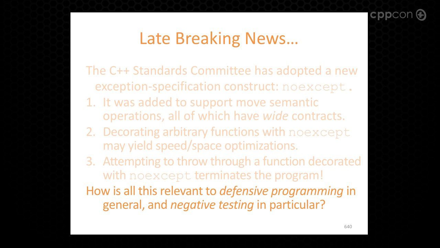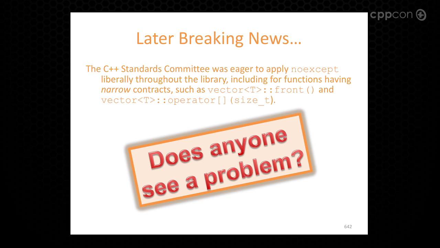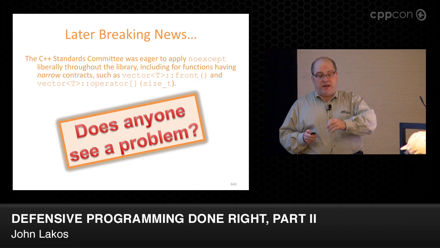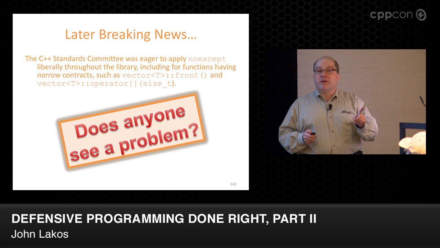How is this relevant? Why is noexcept relevant to this thing? Later breaking news: the Standards Committee was eager to apply noexcept liberally, even for narrow contracts. Now, I'm wondering, do people see why this is at least problematic? Because if you put noexcept on a function that's narrow, and then you want to defend against it, in other words, somebody gives you something bad, and you say, I'm going to throw, if it's noexcept, it will terminate the program. So you've removed